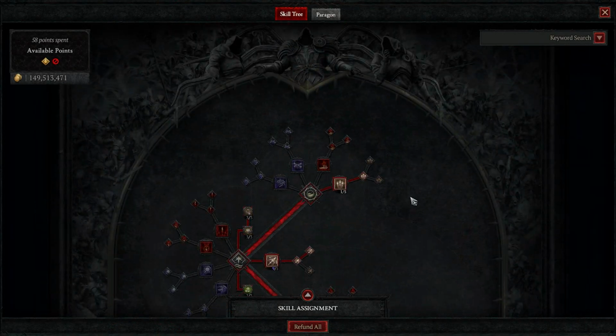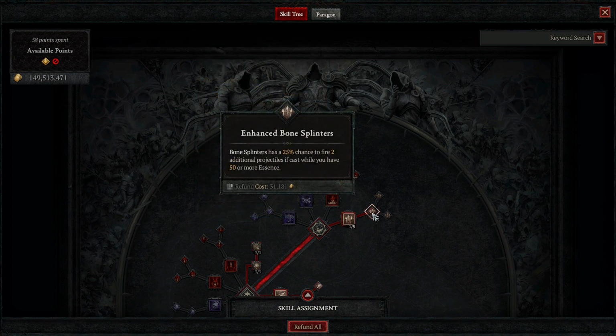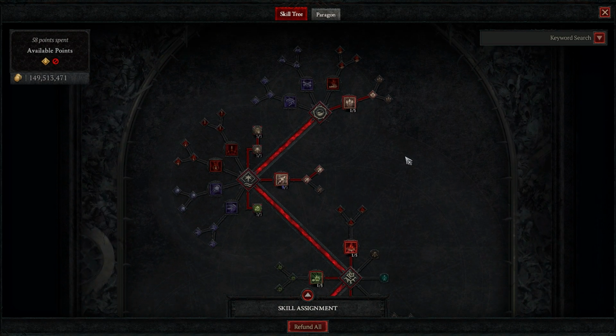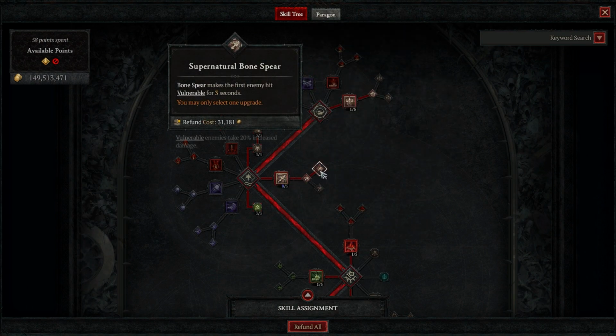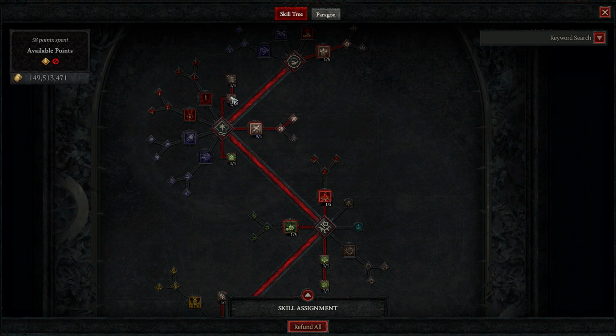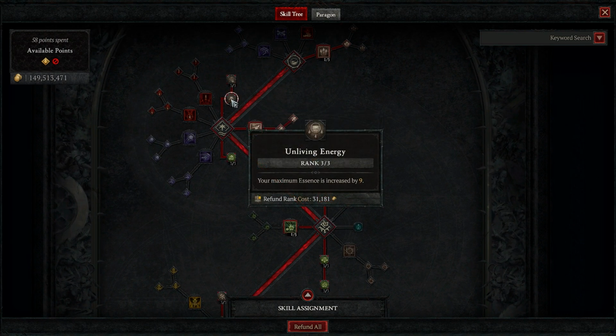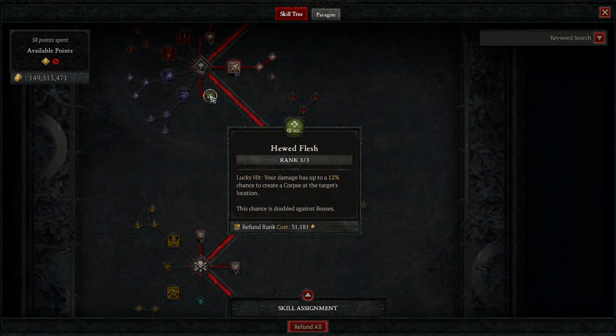Now to start off, you want to pick up 1 point into Bone Splinters and you want to get Enhanced Bone Splinters. It's pretty much just filler abilities to get to your core skill section. You want to max out Bone Spear and lead into Supernatural Bone Spear. You want to max out these passives here as it gives you more essence and more damage. Now you want to max out these passives as well